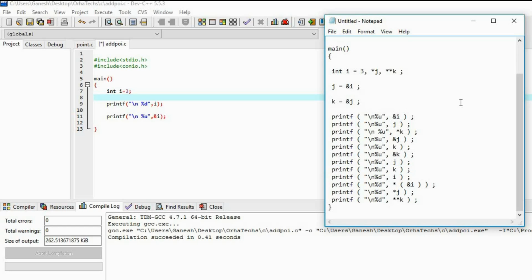Let's see. Now I'm going to show you one thing. Always remember this trick: if they are printing the & of any variable, that means we are sending a command to the compiler to print the address of that variable, meaning print the address of I. If it is j, then print the address of j. So let's solve these kinds of questions, which are very easy. Here the answer is the address of I, that means